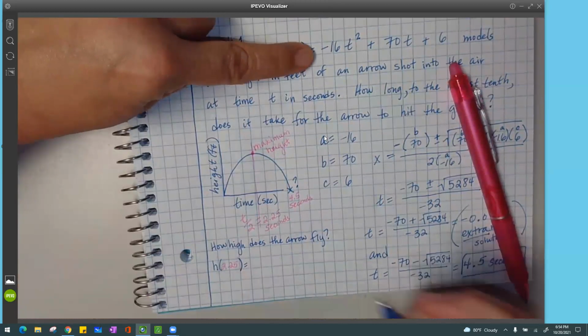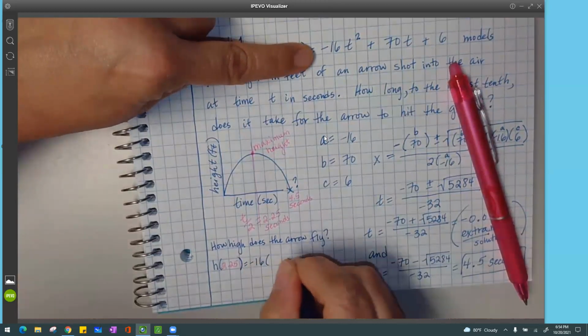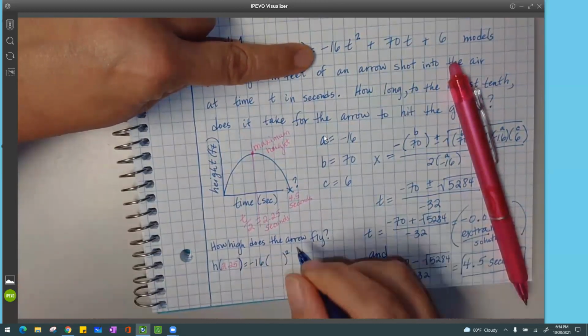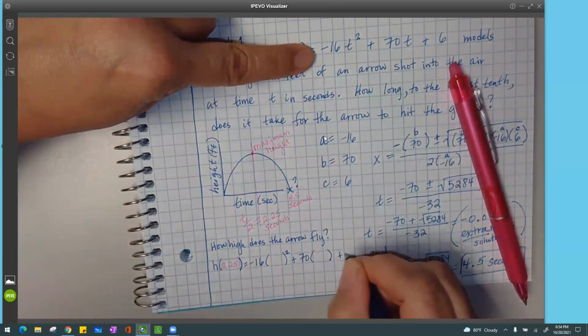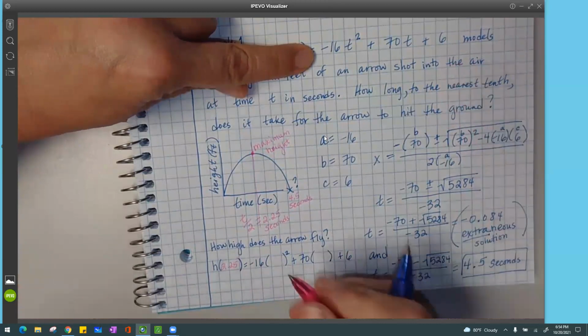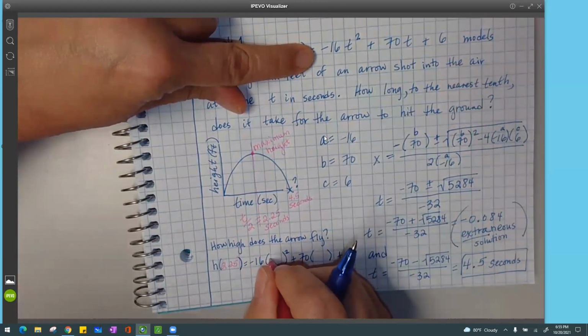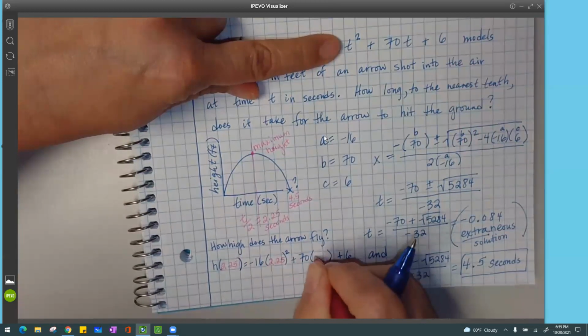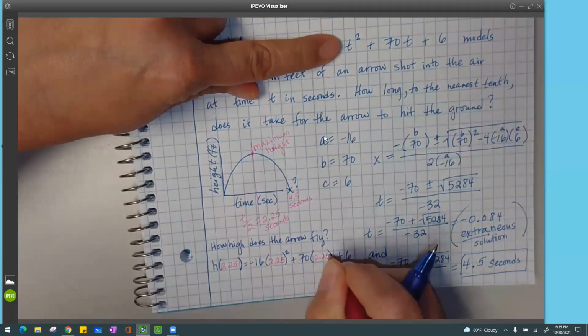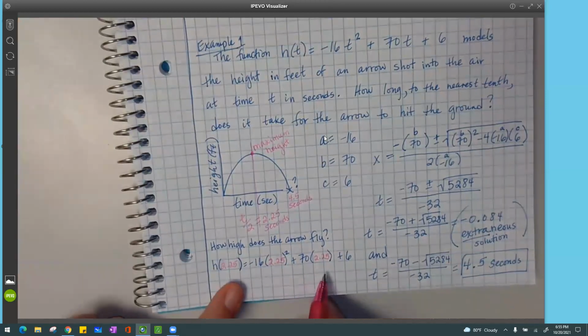So the same equation, -16t squared plus 70t plus 6. And everywhere I use the t in my equation, I put 2.25 seconds. And using this substitution,